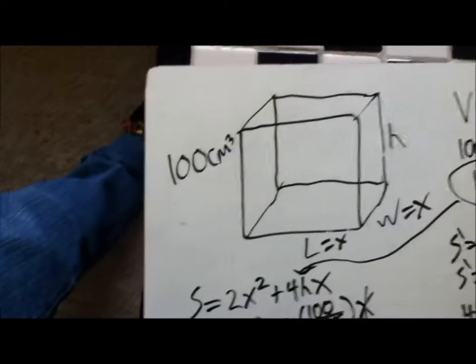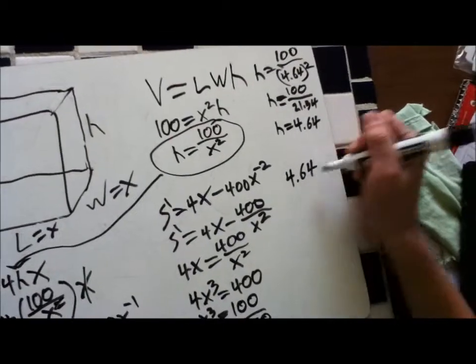So we know that all of them equal the same, and so you get 4.64 centimeters